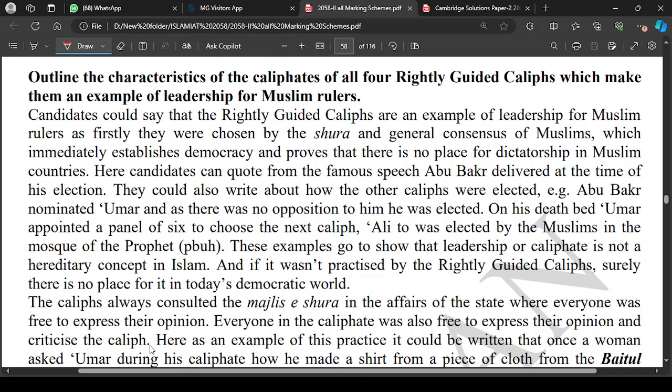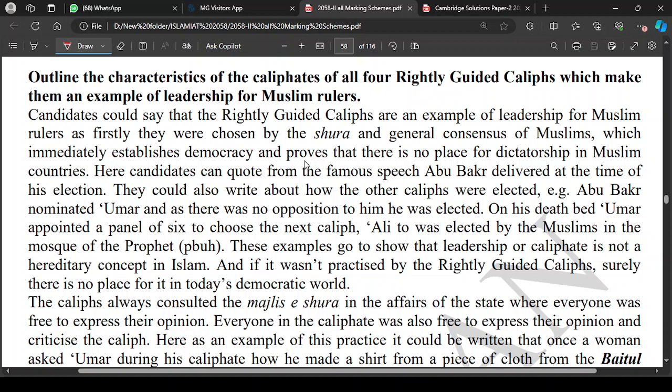Sometimes the question might be from an individual caliph like Abu Bakr, Umar, Usman or Ali, their main events or the battles or the administration. लेकिन कभी कभी ऐसा होता है कि आपसे पूछ लिया जाता है कि आउटलाइन द कैरेक्टरिस्टिक्स ऑफ द कैलिफेट्स ऑफ ऑल फोर राइटली गाइडेड कैलिफ्स which make them a model of excellence, which make them an example of leaders for